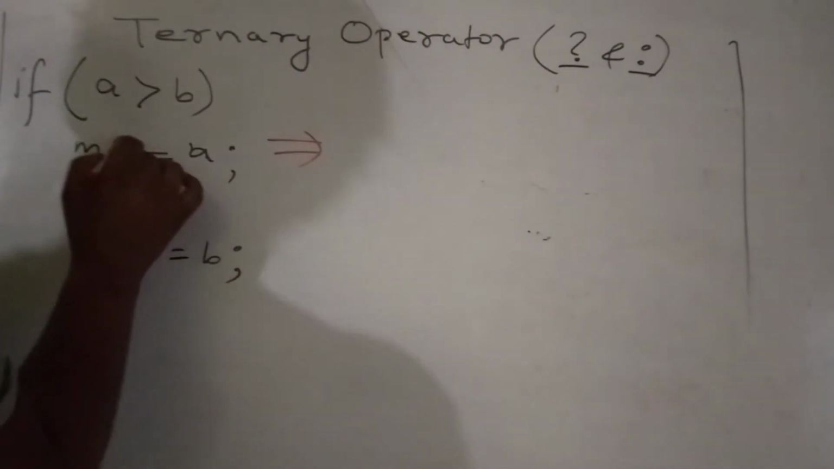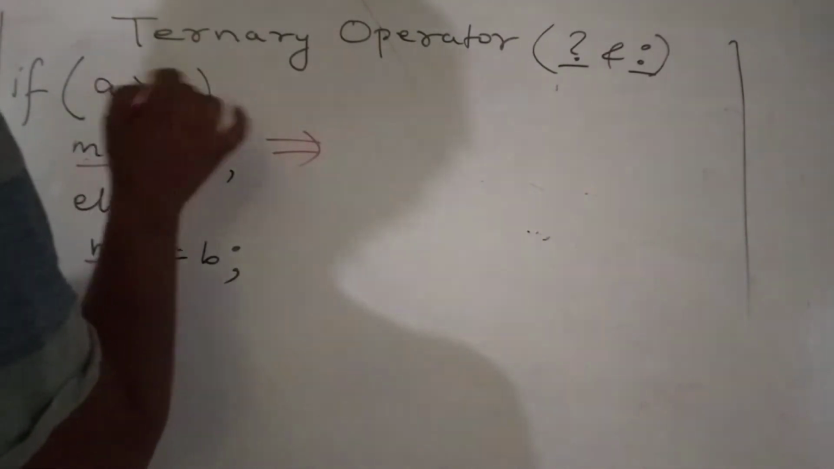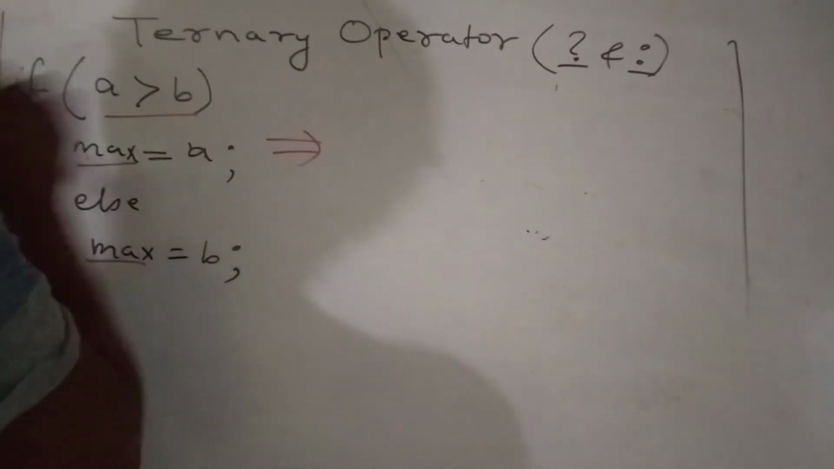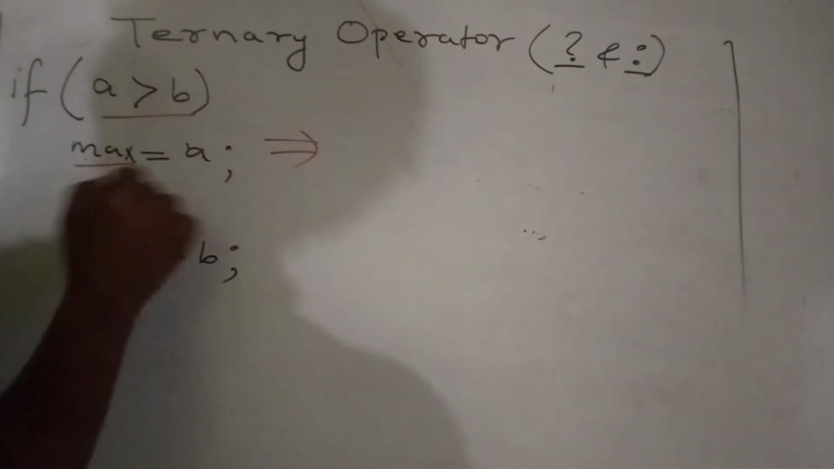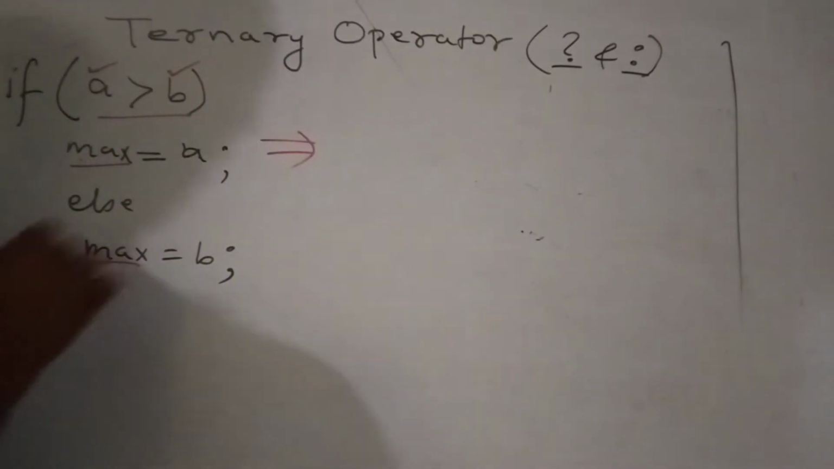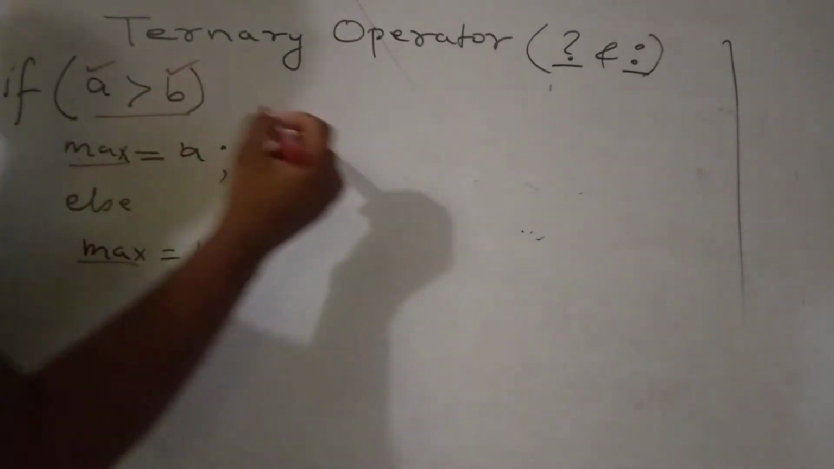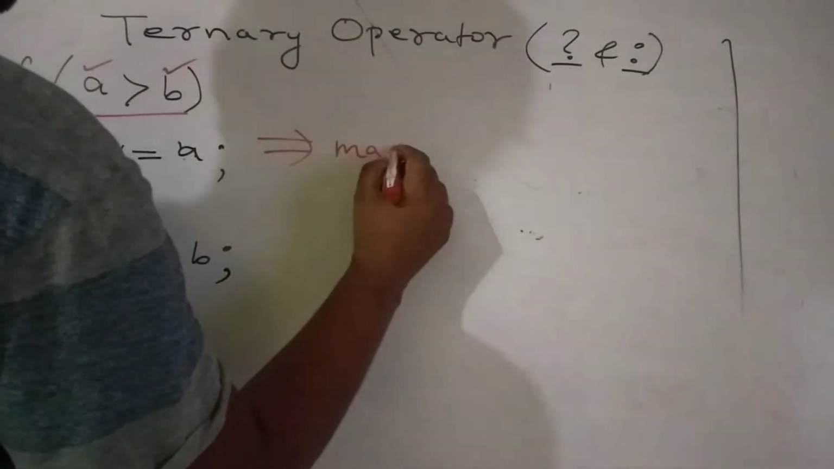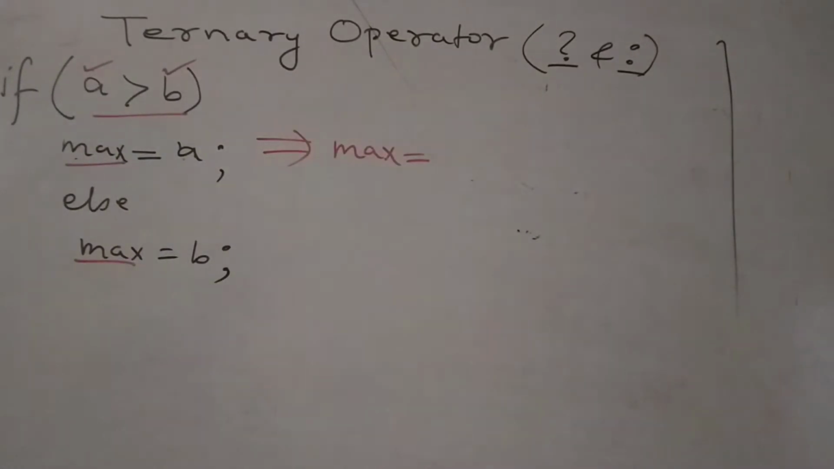So see, here max means whatever this comparison is being done on the basis of A and B. After the comparison is done, either A is bigger or B is bigger. So this A or B is stored where? It is stored in max. So that's why our variable will be max out here. So max is equals to